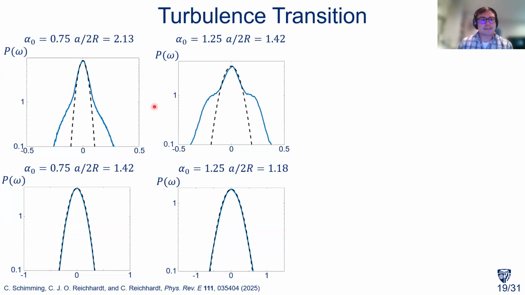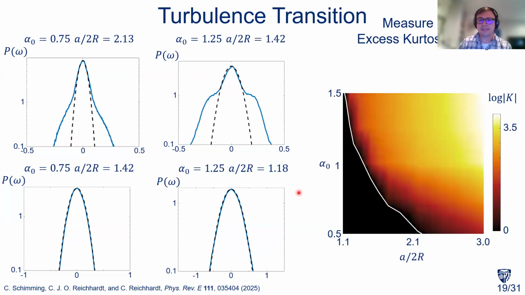Luckily for us, there is a statistical measure of the tailedness of a distribution called the excess kurtosis, which is just the ratio of the fourth central moment to the variance squared of the distribution. And if you subtract 3 from this, it's 0 for a perfect Gaussian. This measure has been used in previous studies of active nematics, and even in studies of inertial turbulence for high Reynolds number fluids as well. But the upshot is that we get a single number that we can measure for every simulation, and again, plot